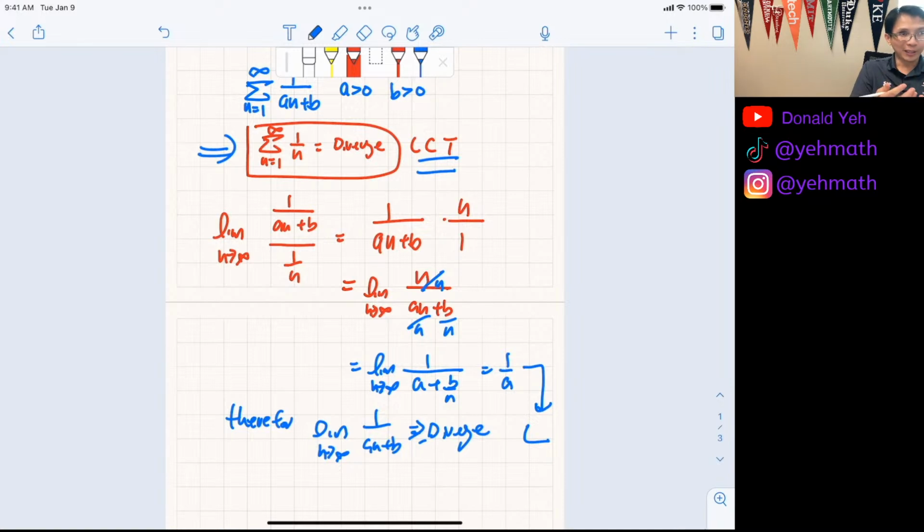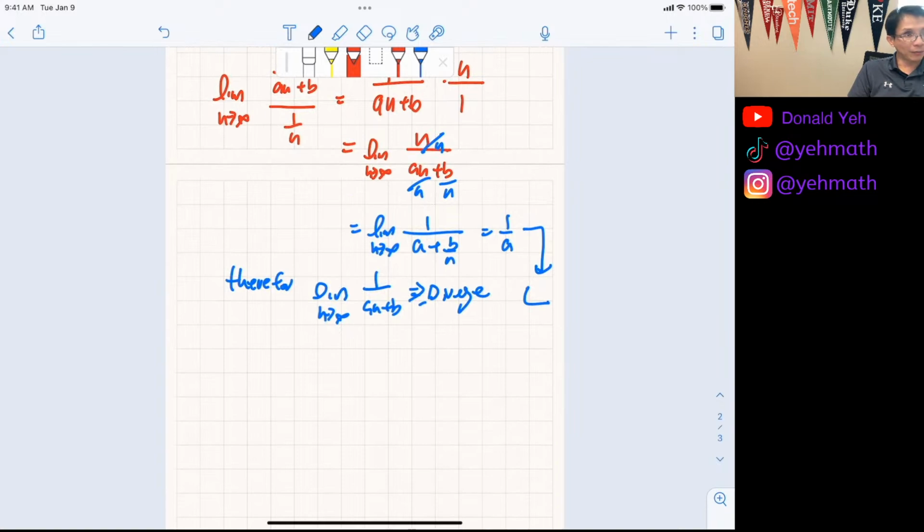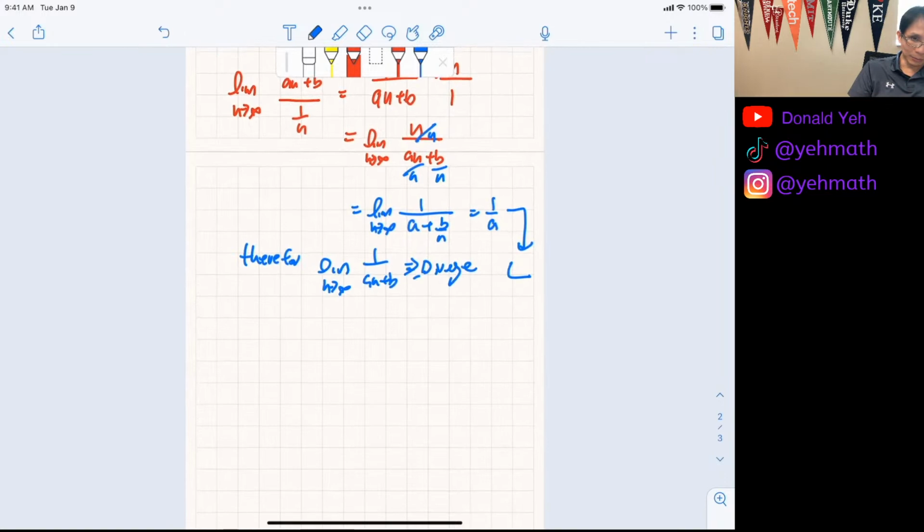For example, 1 over n squared and 1 over n factorial. It's kind of hard to figure out which one's bigger. And factorial is bigger, good, because we just know that. Now, in this case, you just have to divide and take the limit as n reaches infinity. If it equals a number, then if that series diverges, ours is going to diverge. If that series converges, this series is going to converge. So it doesn't matter whatever equation you come up with, it doesn't matter if it's greater than